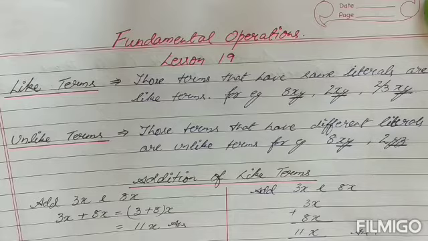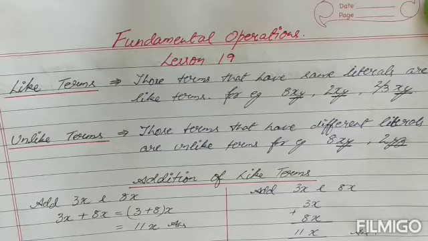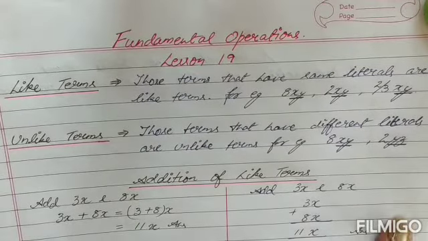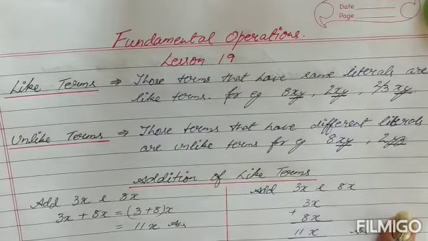Today we begin with a new lesson, children, in algebra, that is fundamental operations on algebra. This is lesson 19 according to the Selina book. Now, in order to add or subtract, children, it is very necessary first we understand what are like terms and